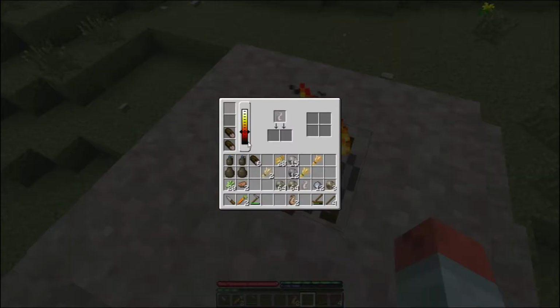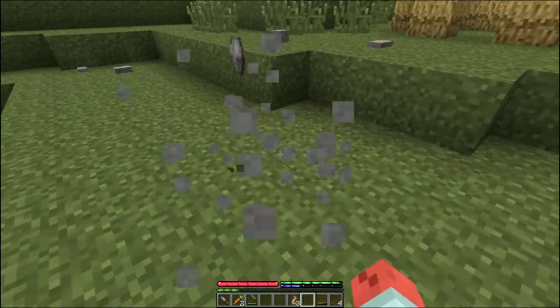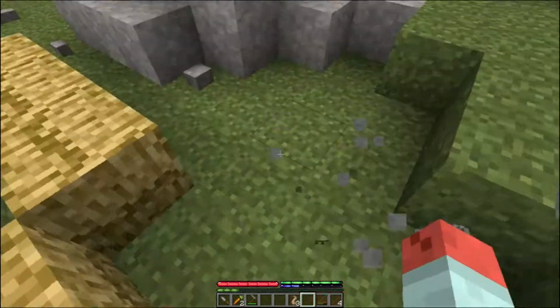So these logs go surprisingly fast, actually. So I'm going to cook this calamari. That's probably going to be it as far as calamari goes, or as far as our cooking goes for the moment. Gather more stones. I forget if you can... There used to be a way...